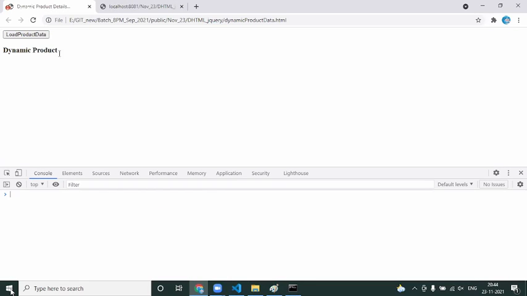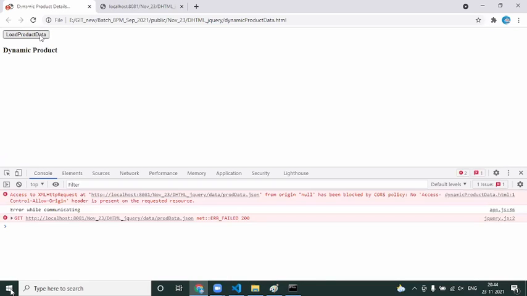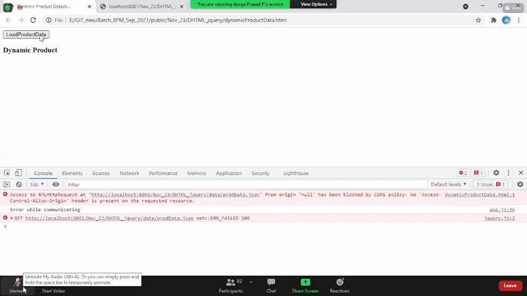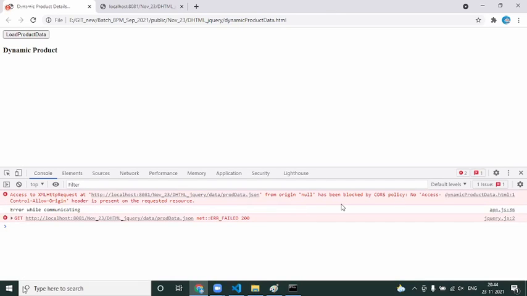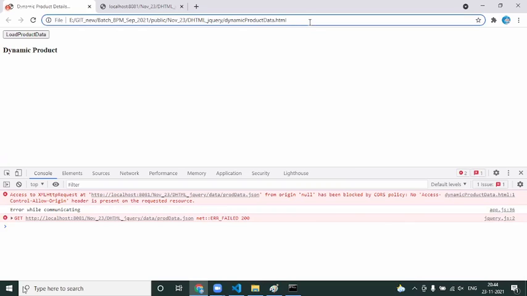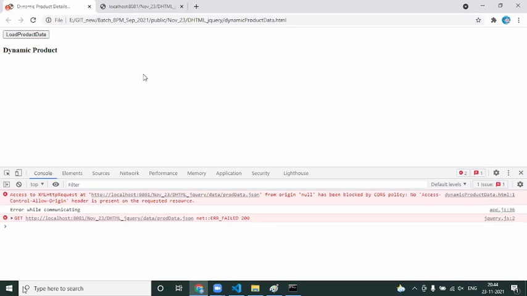Now, when I hit this load product data, you are going to receive the very first error, which says that the same-origin policy has been violated. The first thing you need to understand is that whenever you are hitting an Ajax call, the URL should be from the server and the client also should be from the server.